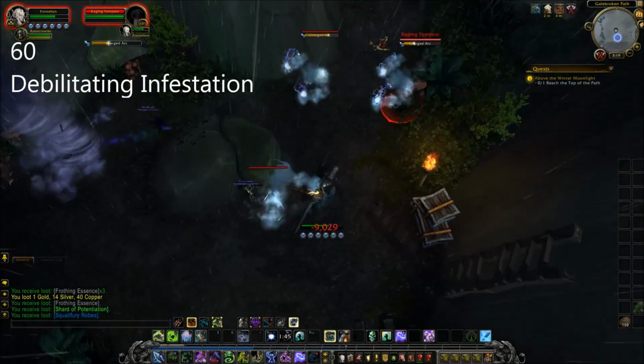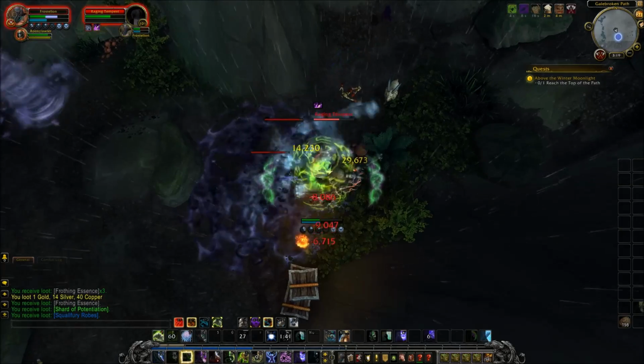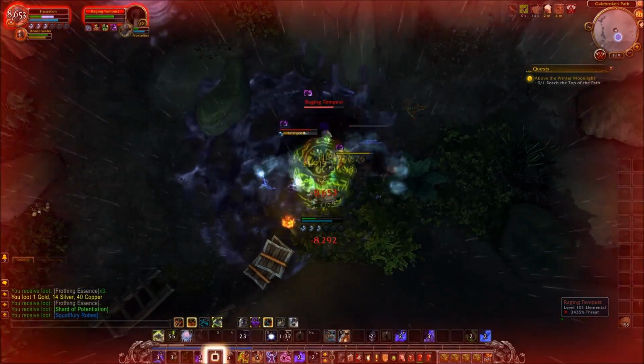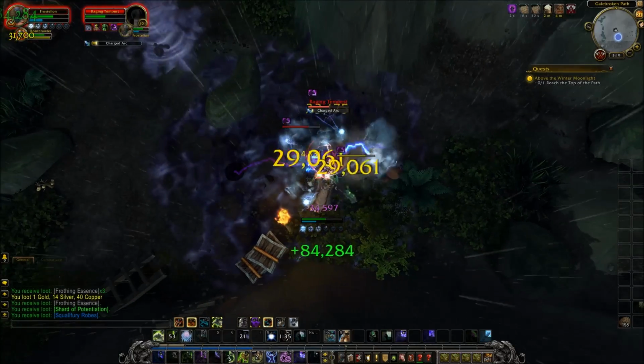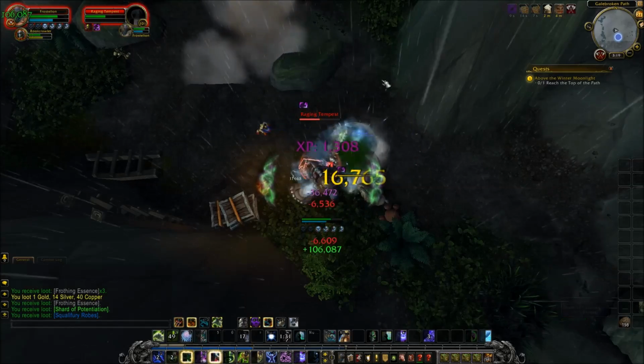Debilitating Infestation. All enemies affected by Outbreak are snared by 50% for 3 seconds. Anything with the debuff Outbreak is snared 50%, so that means it lasts the full 6 seconds of the time Outbreak is up, and then 3 seconds after it ends, which means you can keep something constantly snared as it